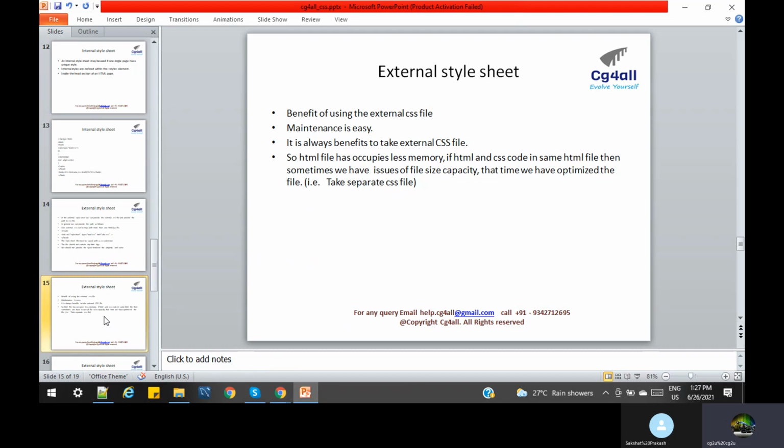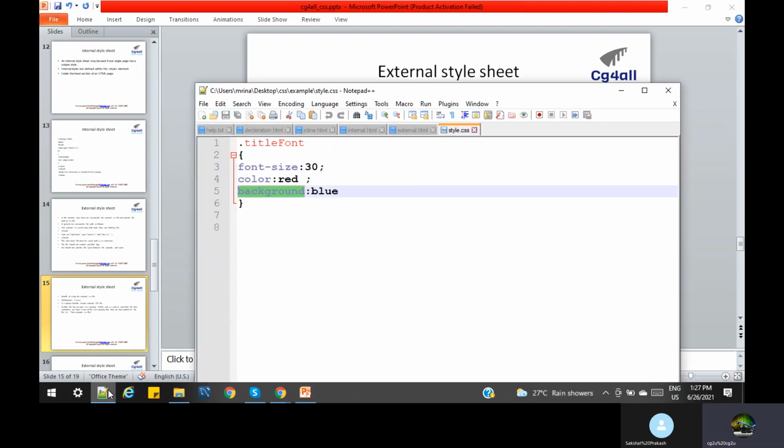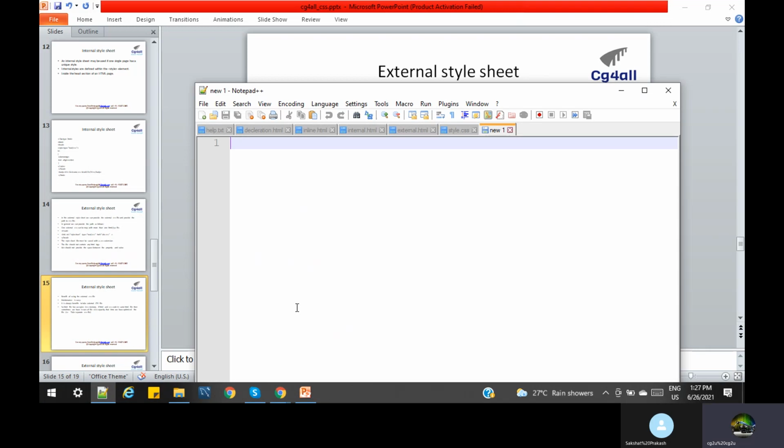If we have a separate CSS file, let us open the notepad and explain. Let us consider this JSP file contains 6000 lines. In general, we do not keep that many, but let us consider legacy code. And this file has some CSS code, JavaScript code, and all that code.